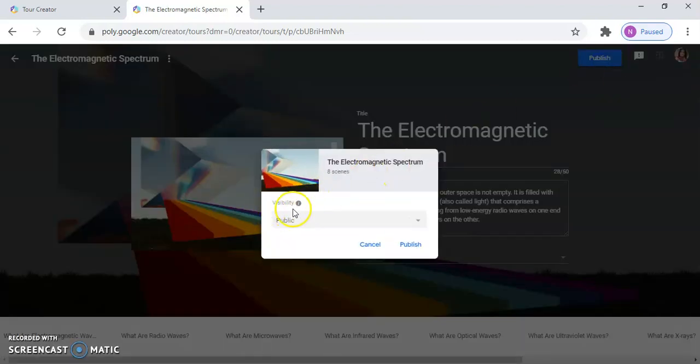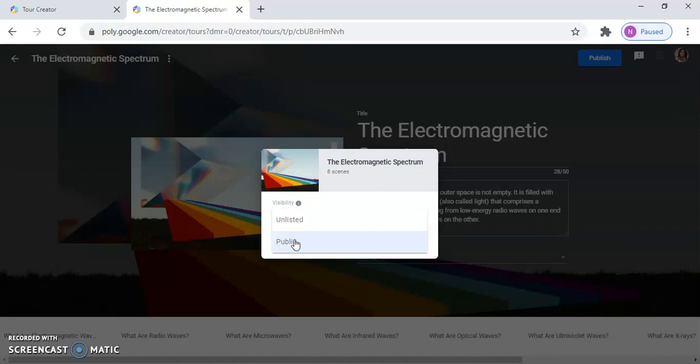So in there, it will ask you regarding the visibility. You can keep the visibility as public or unlisted. When you keep the visibility as unlisted, it will be only seen by those who have the link. When you keep it as public, it can be seen by anyone.